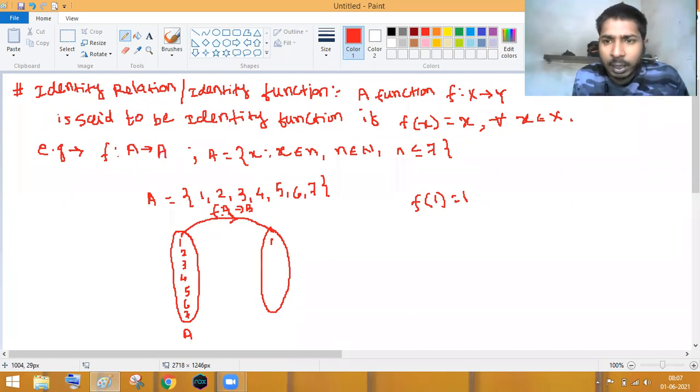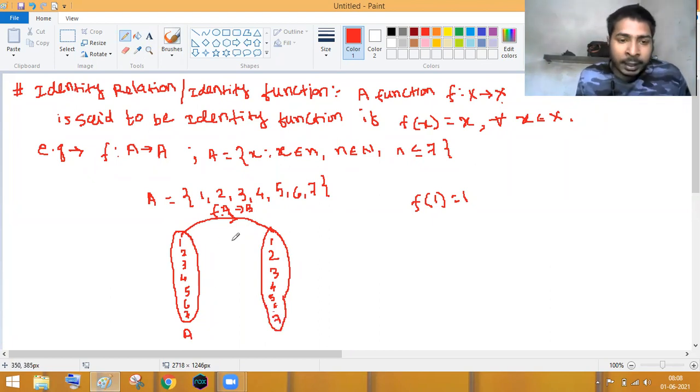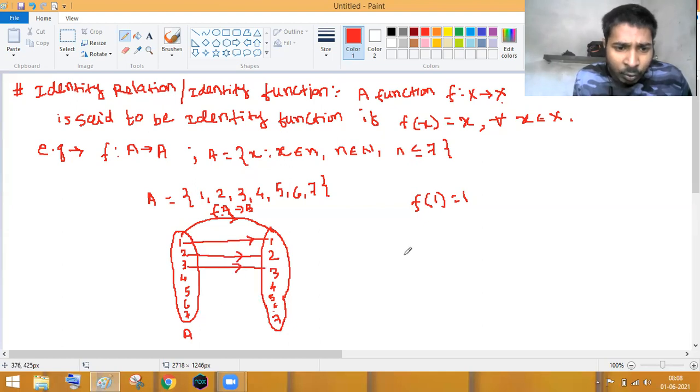Okay, from set X to X. आप इन दोनों को मतलब यहाँ पे x बराबर y भी ले सकते हो, या ना तो आप x to x define कर सकते हो. Means whatever we will have here, the same thing I have to put here: 1, 2, 3, 4, 5, 6, 7. In that, 1 must be related with 1. 2 must be related with 2. 3 must be related with 3. 4 must be related with 4. 5 must be related with 5. 6 must be related with 6, and 7 must be related with 7.